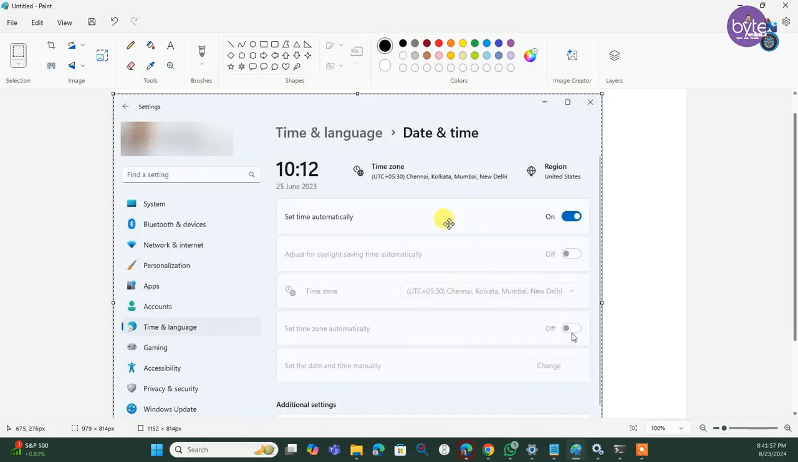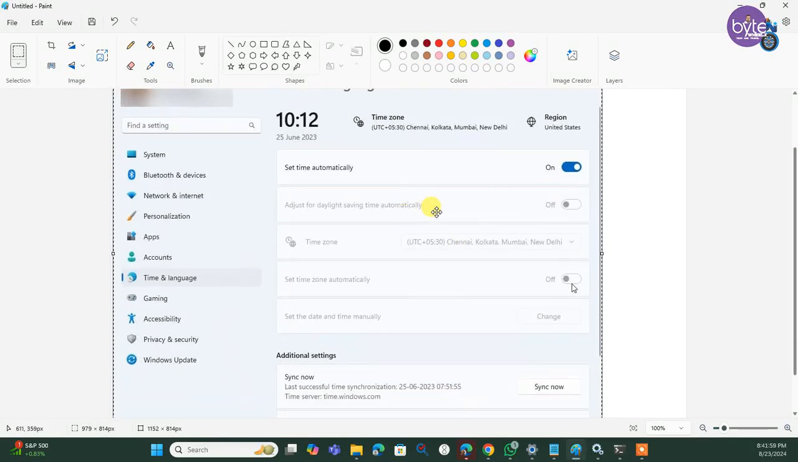Hi, if your time zone settings are looking like this, which is not in an enabled option to change it, that means it is grayed out or disabled. And even if the set time zone automatically option is disabled or off, if the time zone value is showing grayed out or fixed to something,